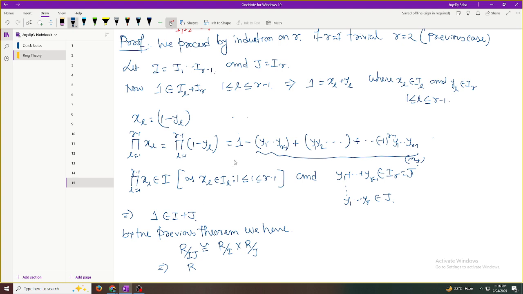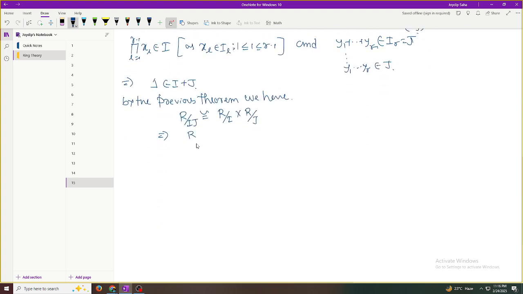I1 to Ir minus 1, and J is your Ir. So R mod I1 through Ir minus 1 Ir is isomorphic to